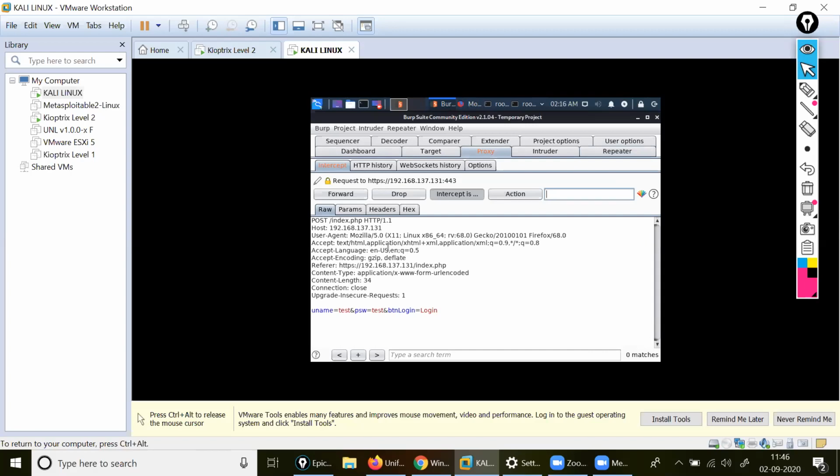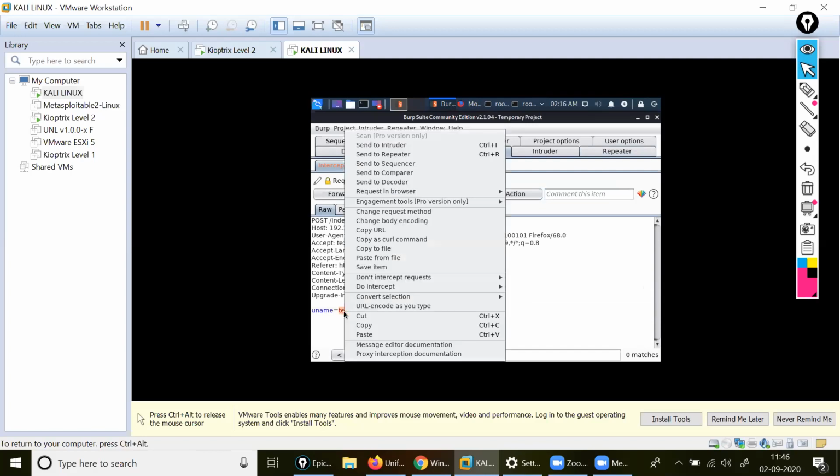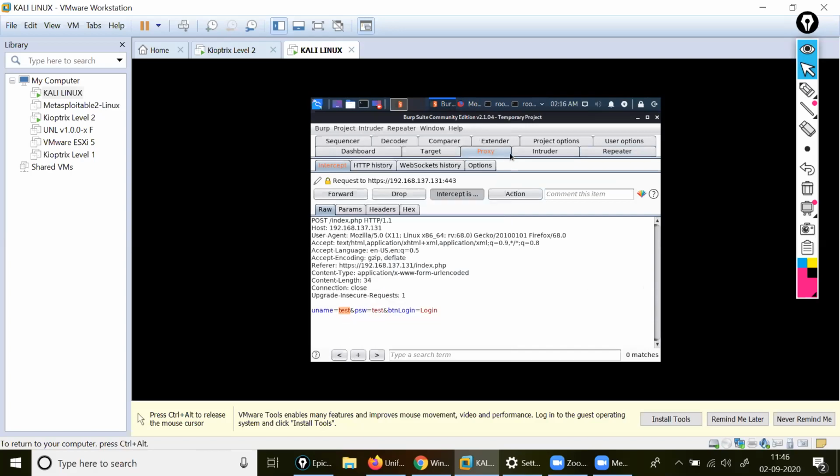Here we have the target. I will try to send it. Just a minute. Where is my Intruder?